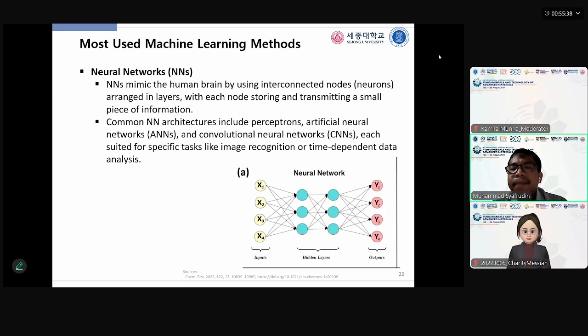Neural network is basically an algorithm that has been used for many years, and the idea is that we are going to mimic how the human brain works, because in our brain we have connections between neurons, called synapses, if I'm not mistaken. So these neurons will be connected with lines, and each of the